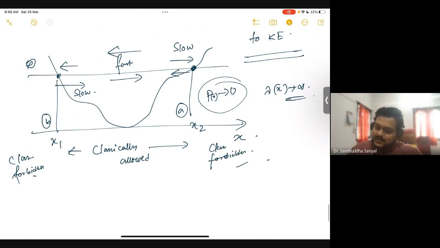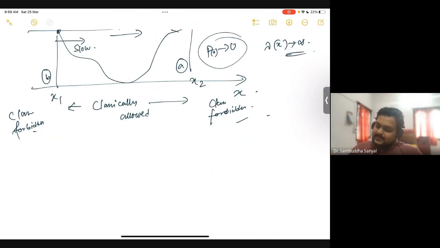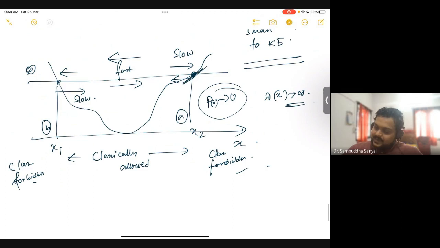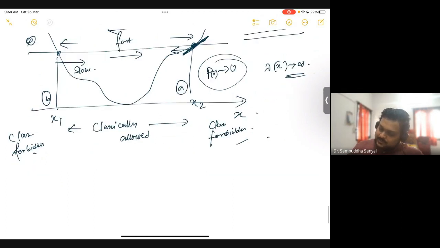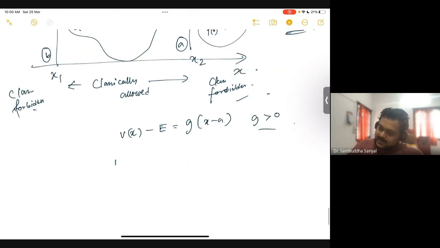Now I can estimate this. Near the turning point, I can think of this as a linear equation, like a linear slope. So my V of x minus E can be estimated as G times (x minus A), with G greater than 0. And I can estimate my p squared as 2m (E minus V of x), which is 2m